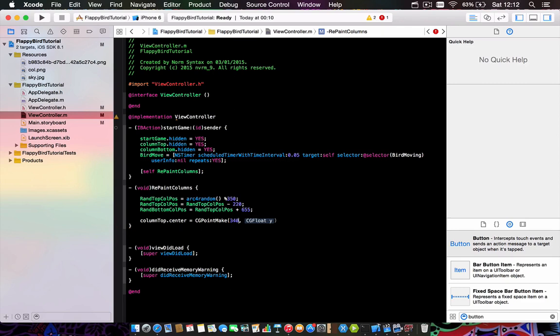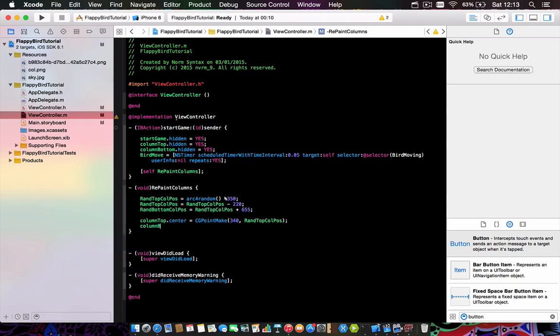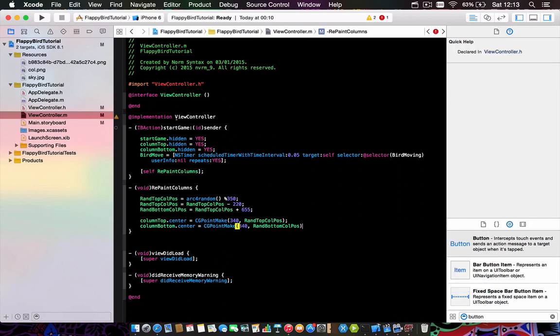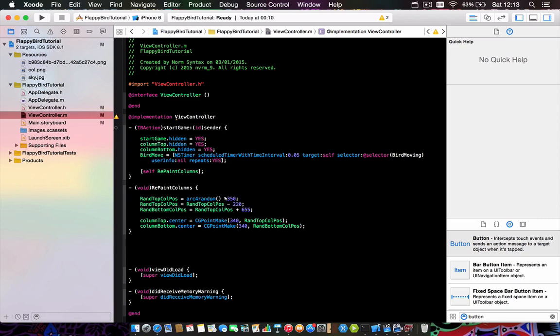I'm going to set this to 340, and y is going to be randTopCallPosition. The columnBottom.center is equal to CGPointMake, and this is also going to be 340, but this time y is going to be rand, which is the random bottom column position. Right, so after finishing up with this void, which is repaintColumns, go back, create the other void, which is